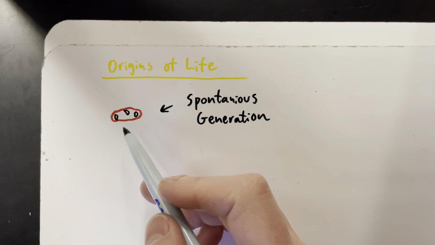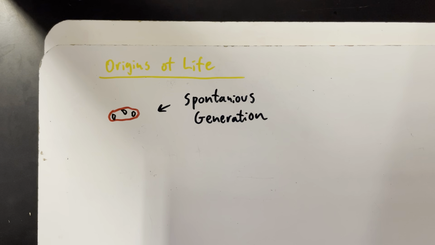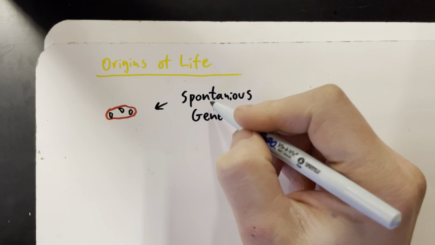Same deal with bacteria and stuff, right? We can see mold just appear on bread. Poof. Where did the mold come from? Magic? Out of nowhere? It doesn't just appear from nowhere. Where does the mold come from? Mold spores, right? Floating around in there. There are mold spores floating around in the air right now. Same sort of deal. So we know this isn't really a thing, right?